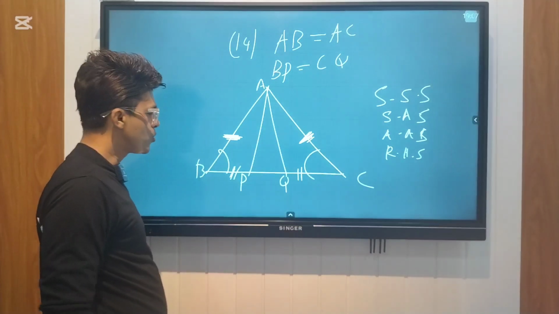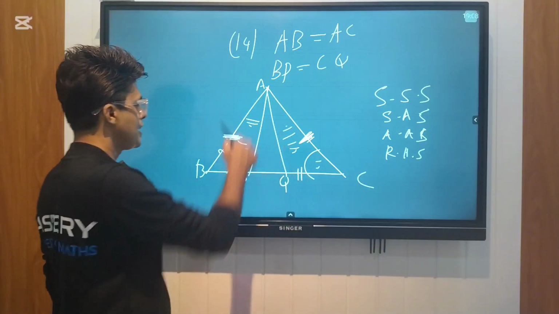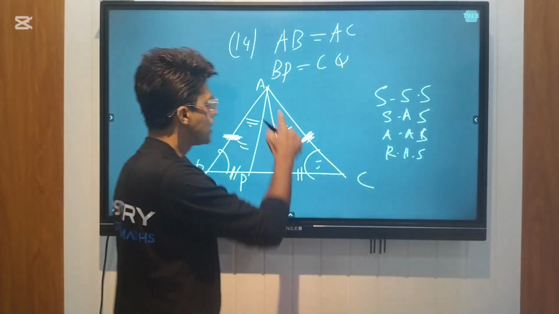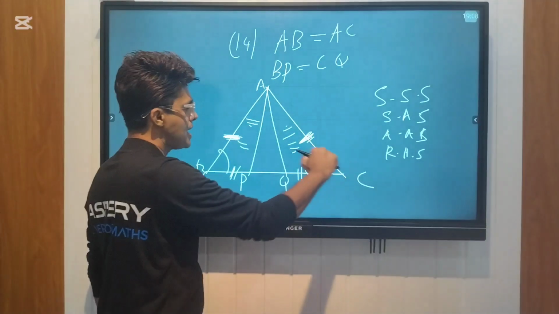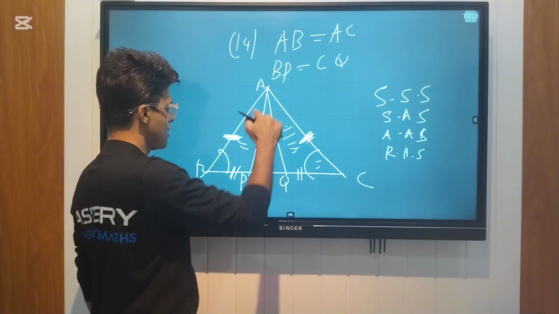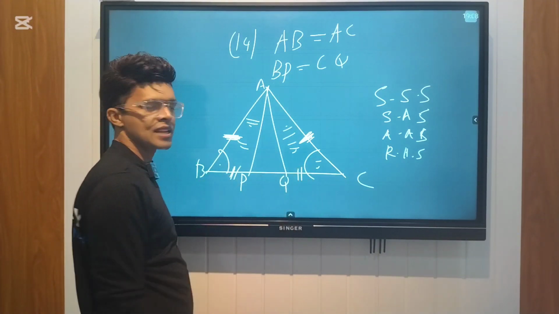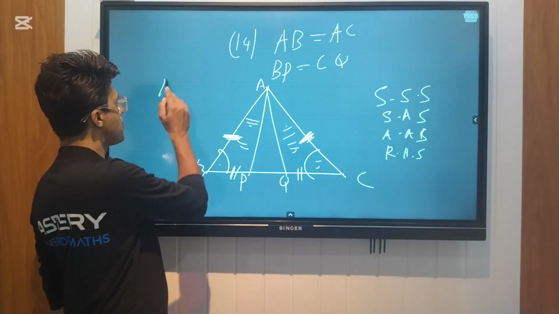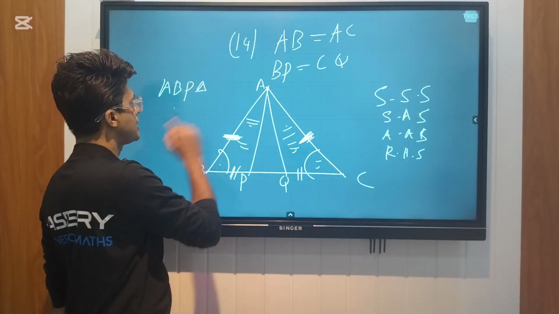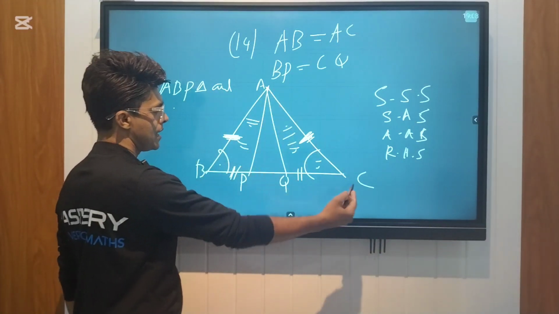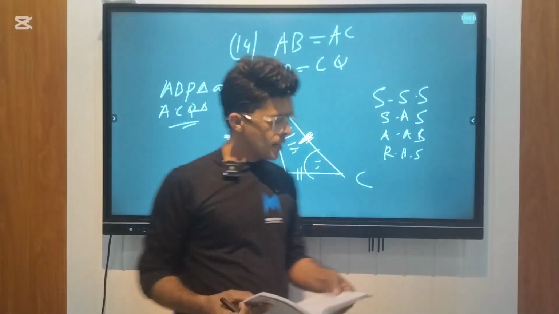So easily you could see that these two triangles, ABP and ACQ, are congruent in the case of side, angle, side. AC equals AB, CQ equals BP, and this angle equals this angle. Therefore one pair is triangle ABP and the other one is triangle ACQ. You need to mention two pairs. The other pair: